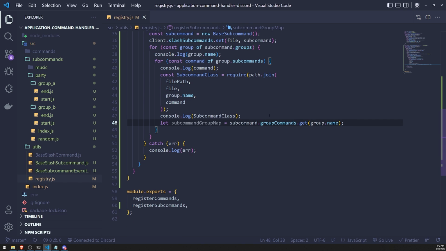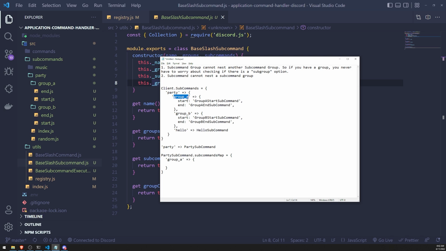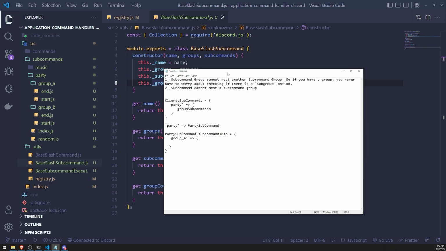subcommand.groupCommands.get. Okay, so remember the subcommand instance, wherever it has this group commands property, which is a collection, and remember, this collection is responsible for mapping all of the group subcommands. Okay, so let me just show you this again. Okay, so this is what it looks like, right? Let me fix this up a little bit. So essentially, the instance would have this group subcommands. Is that what I called it? Yep, group commands